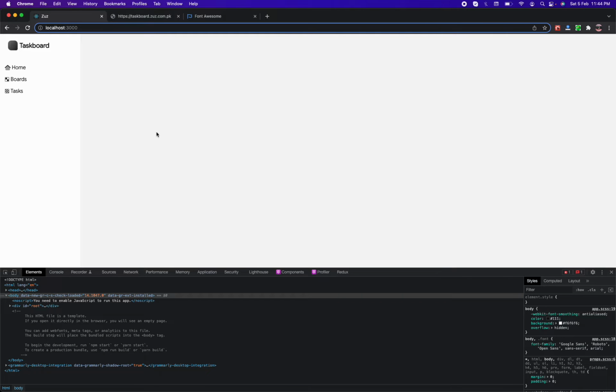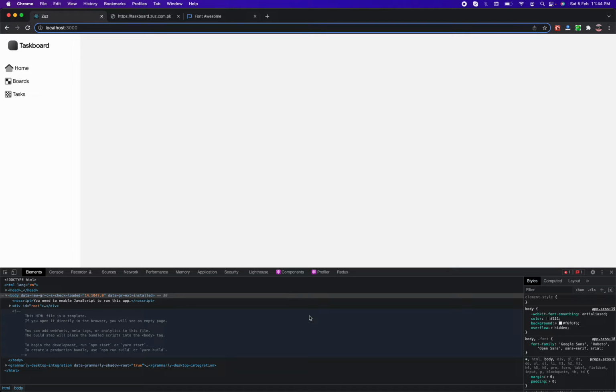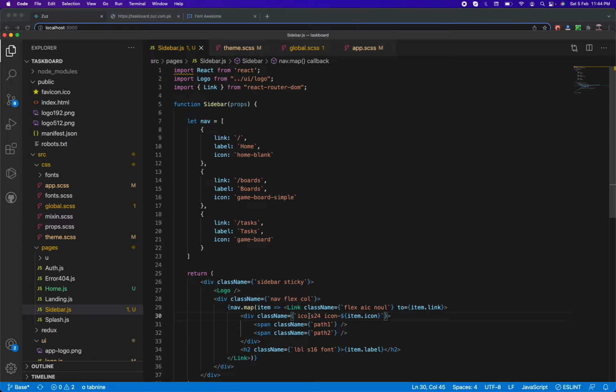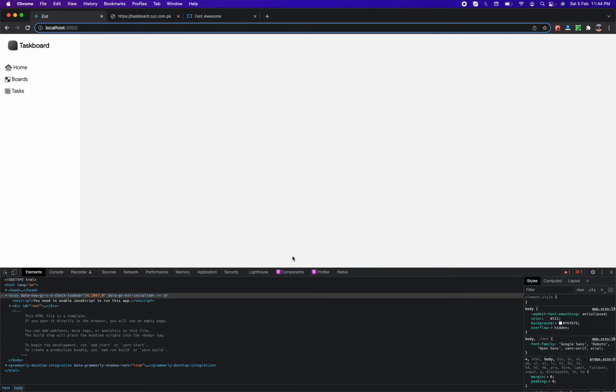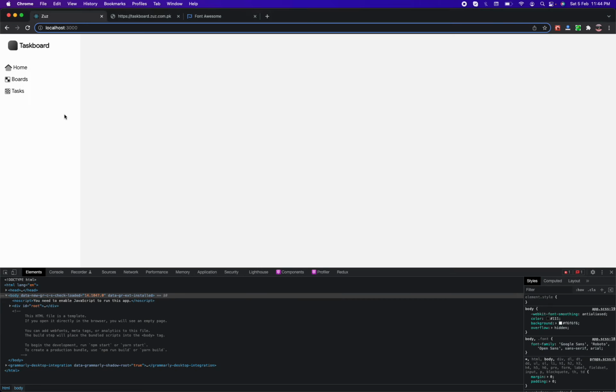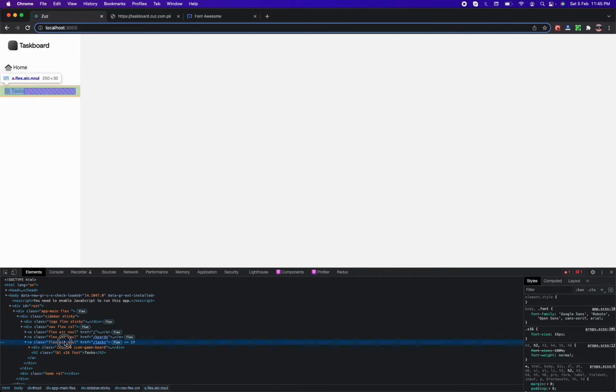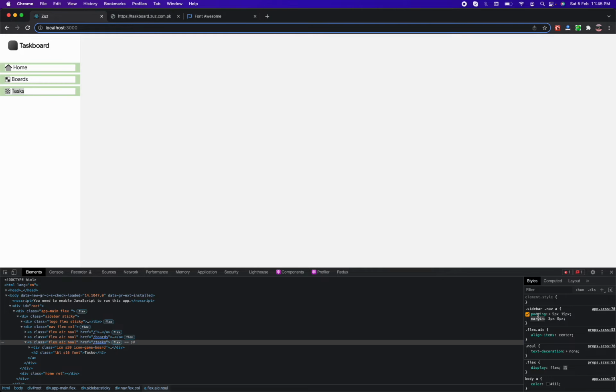We have this nice menu, but for icon we need to increase size to something like 20 or maybe 24. Here we go. And for a 12, I guess 20 is good. And for the label, let's increase to, or maybe keep 16. But for the padding, we need to change the padding to,